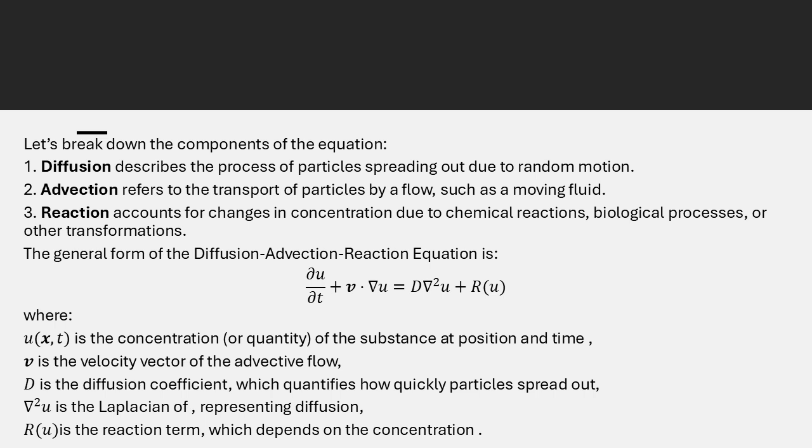One key assumption is that the medium through which things are moving is uniform. In reality, that's often not the case. Right. Think of the ocean, for example, with its varying temperatures, salinity, and currents. Yeah. These variations can significantly impact how things diffuse, advect, and react. So it's like assuming a perfectly flat, smooth road, when in reality there might be hills, curves, and potholes. Right. We need to factor those complexities into our models.